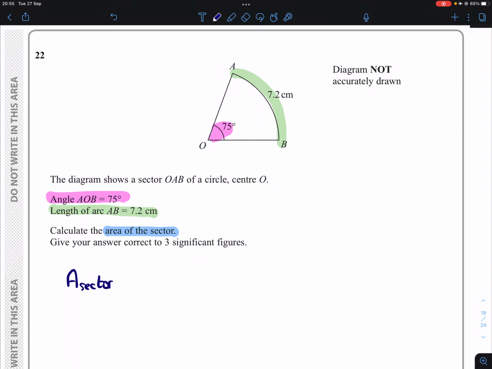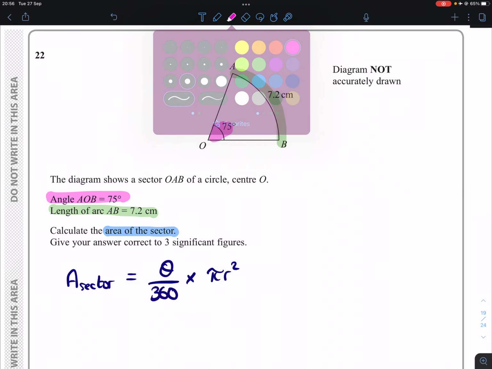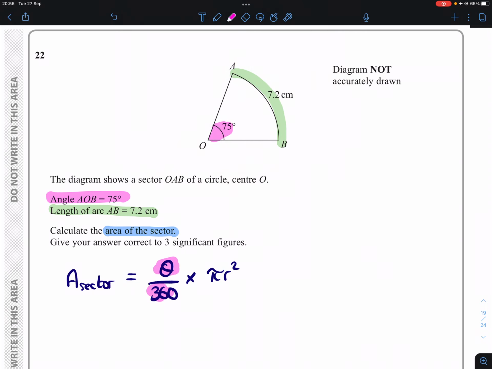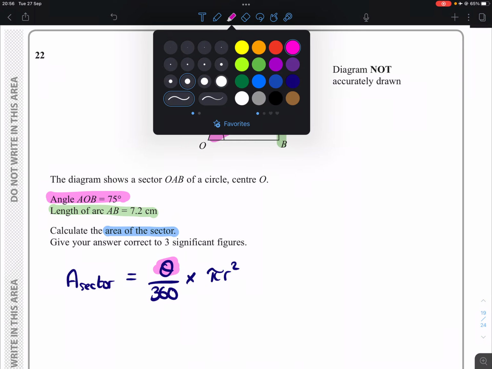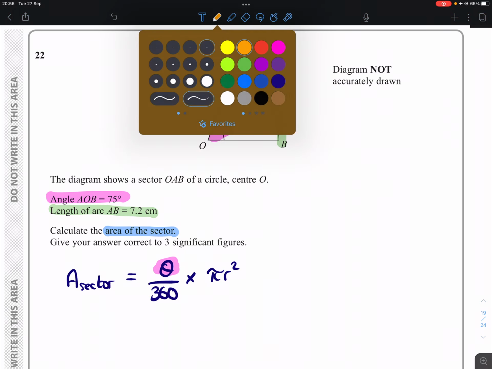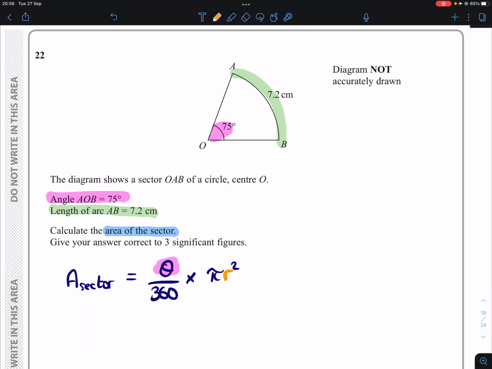We need to figure out the fraction of the circle, which is our angle out of 360, and we take that fraction and multiply it by the area of the whole circle. Now, we have our angle, 75. We obviously have 360 already, but we do not have our radius. Therefore, I cannot use this formula yet until I figure out what the radius is, which brings us to another